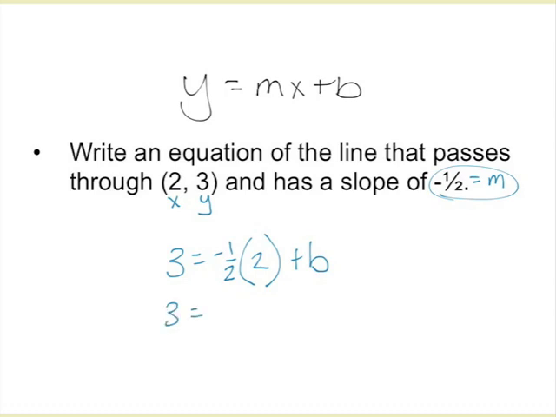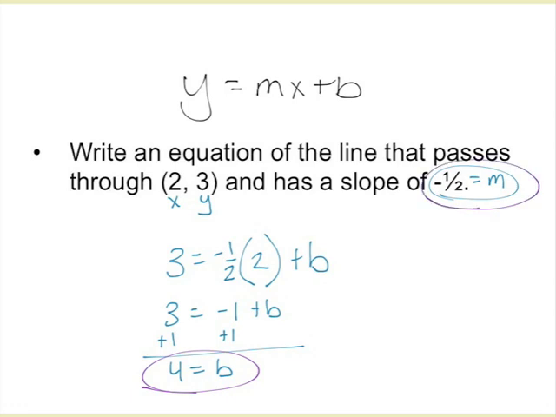So -1/2 times 2 is -1, and adding 1 to both sides gives a b value of 4. So then I can use the b value and the m value to write my final answer of